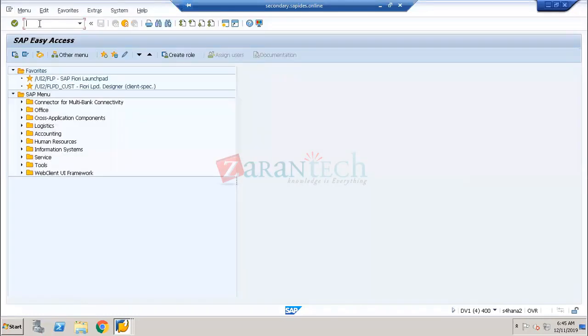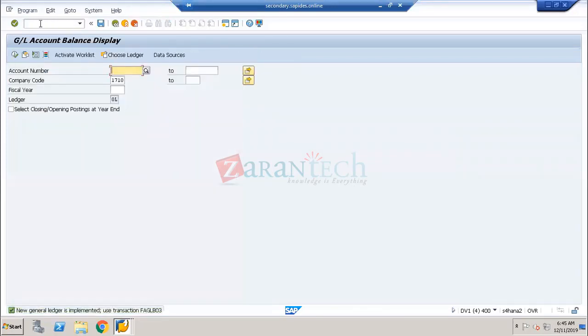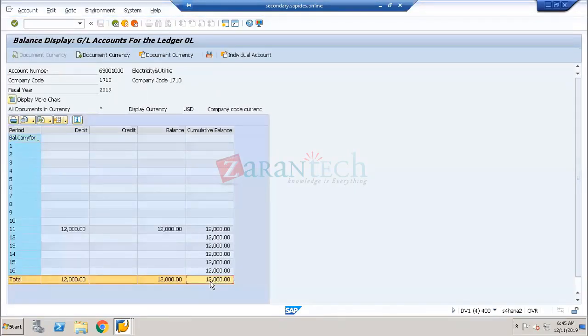Just an example, not a practical one, I'm showing it. If I give the same GL account and want to see the balances here in 2019, I can see this 12,000 is the cumulative balance in this particular GL account, electricity bills and utilities. You have done the debit, but you have not done the credit. Now there is a 12,000 USD balance available. This balance you need to carry forward to the next year. Current year is 2019. If I give 2020,